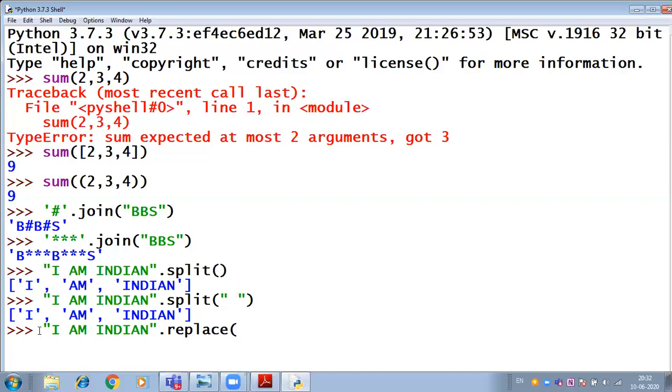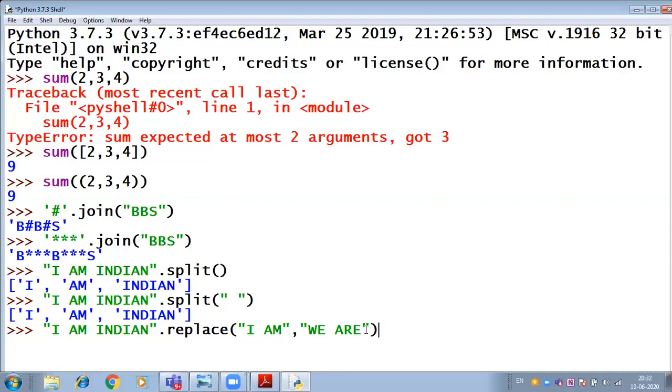And here, if you want to replace any given string from this one, any letter, any string, then write here what you want to change. I want to change I am, and I want to replace it with we are, right?